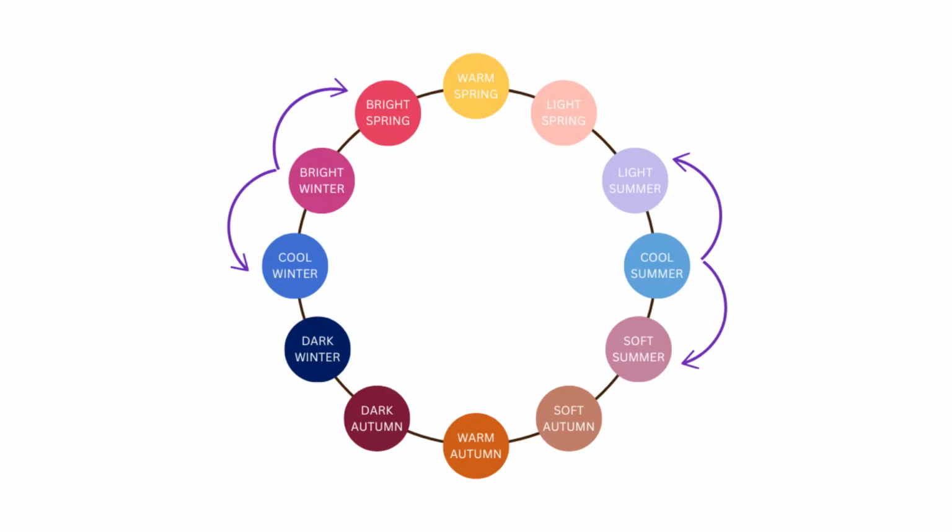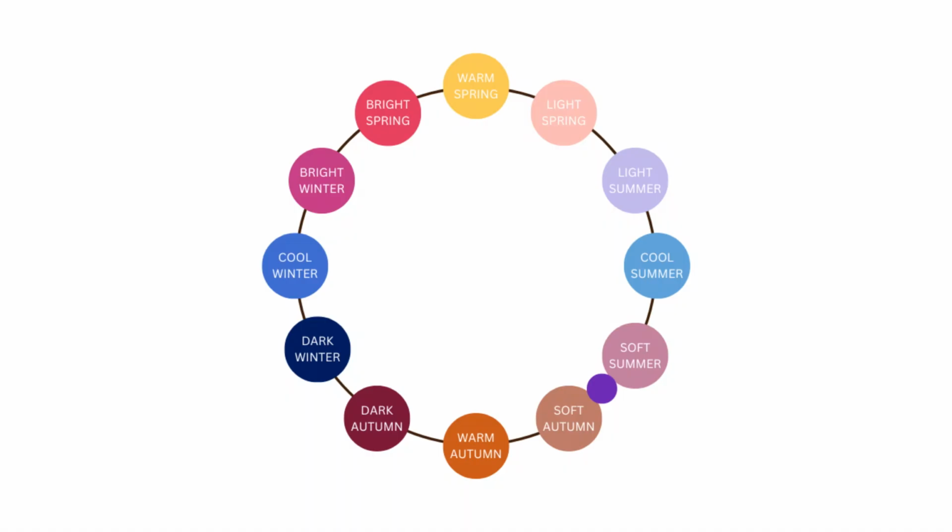Most people fit into one of the 12 color seasons, but they lean more or less towards one of the neighboring color seasons, which subtly influences the palette of their best colors. Very rarely, someone may be placed between two color seasons. Their personal color palette would be a mixture of the two color seasons.